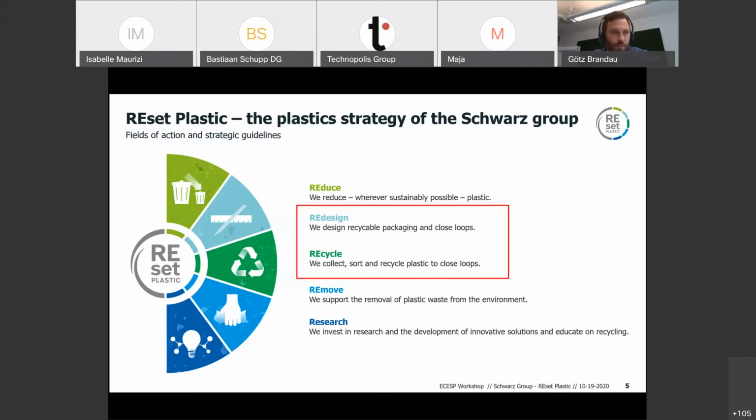Since we cannot, as Lidl, as Kaufland, go without packaging, we need to do the next best thing, which is to optimize. We want to improve the way we use plastics in our packaging whenever we cannot go without it, whenever we cannot reduce it. And ultimately, the goal of our activities is to improve the design of all packaging so that it can be collected, sorted, and recycled, so that the material, we can feed it back into the material loop.